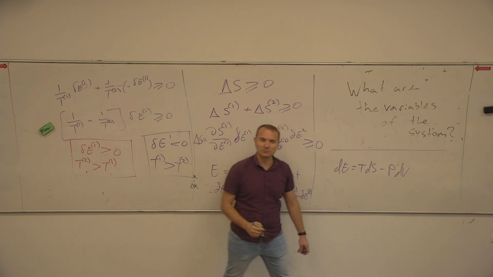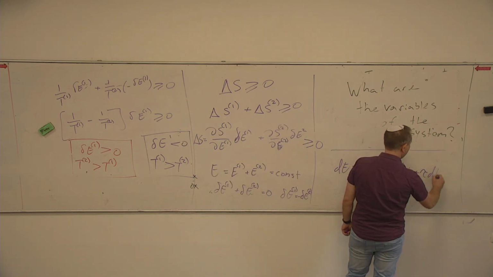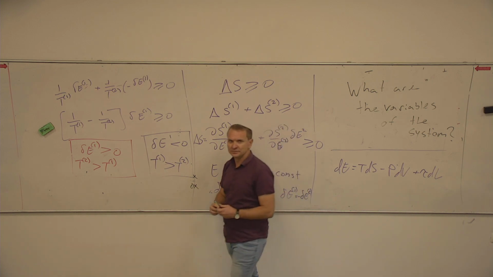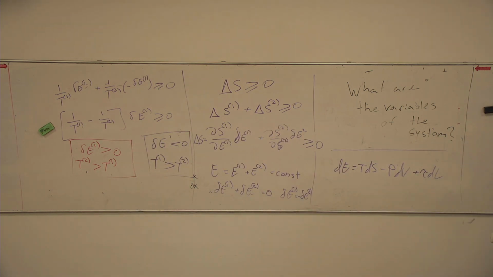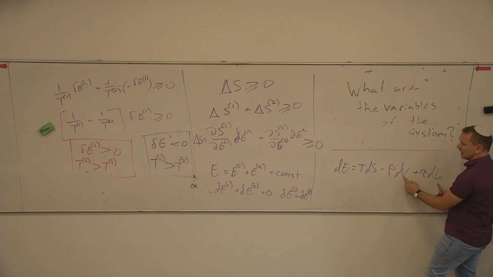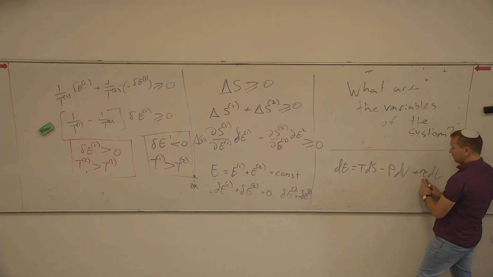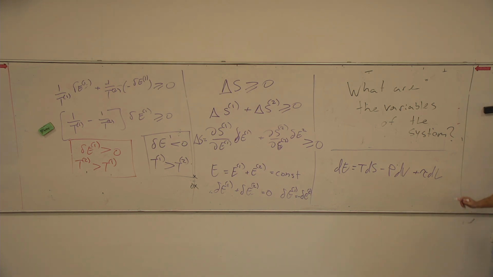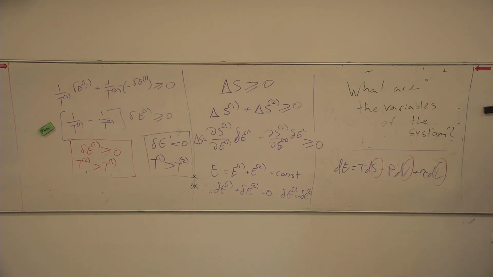And if we have some sort of a tension inside the system, then plus tau dL, for example. Okay? And we know that those are generalized coordinates, variables, and those are generalized forces. Okay? So variables,